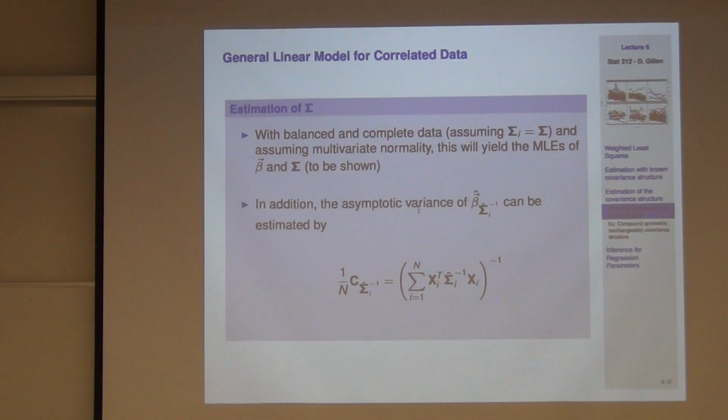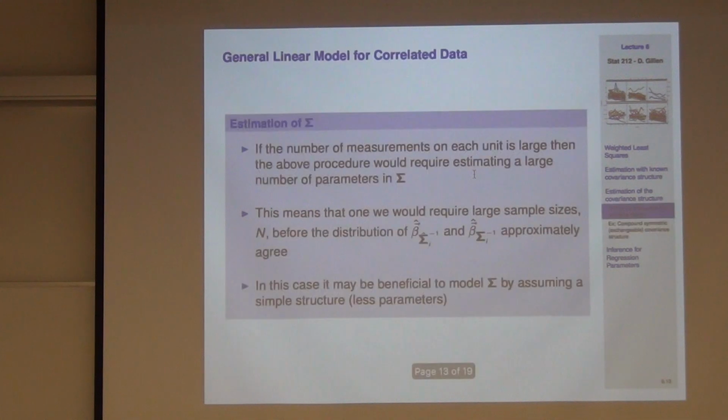And again, does this look familiar to us? Sure. This is what everything would have broken down to. It's the Fisher information matrix from the multivariate normal likelihood, where we've got a common variance covariance matrix.